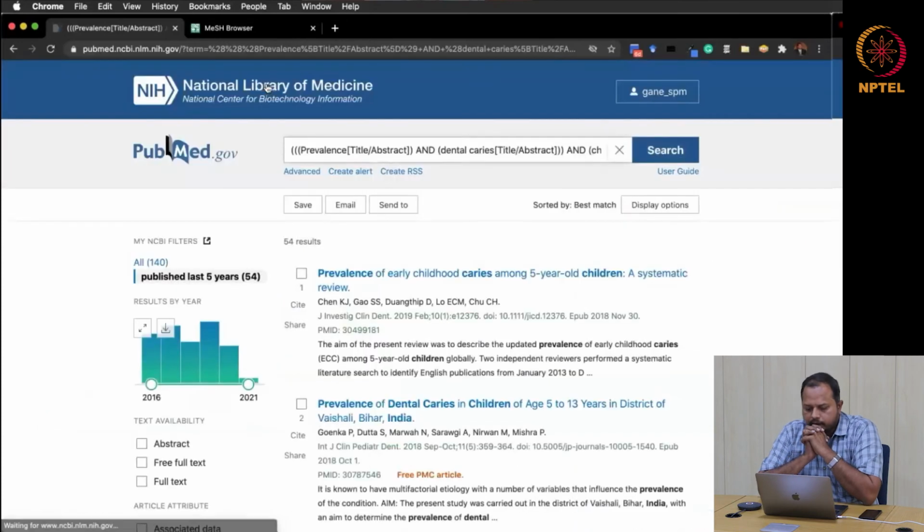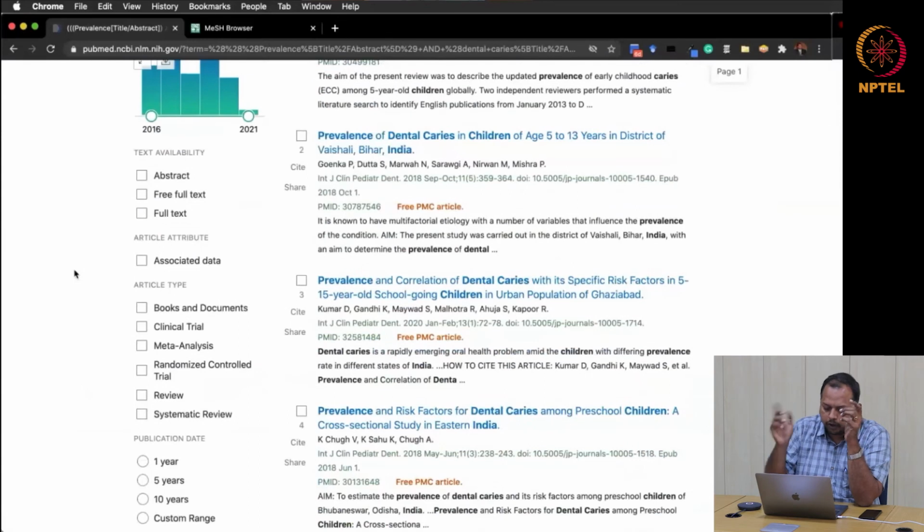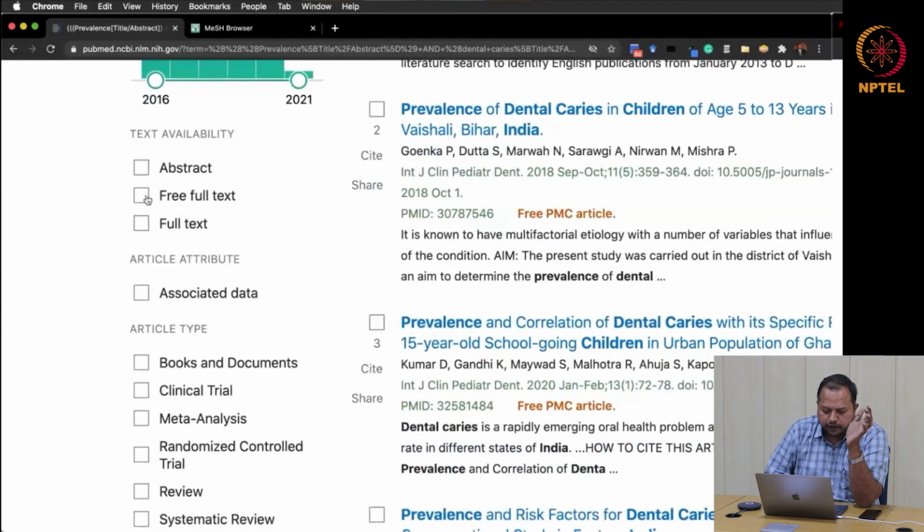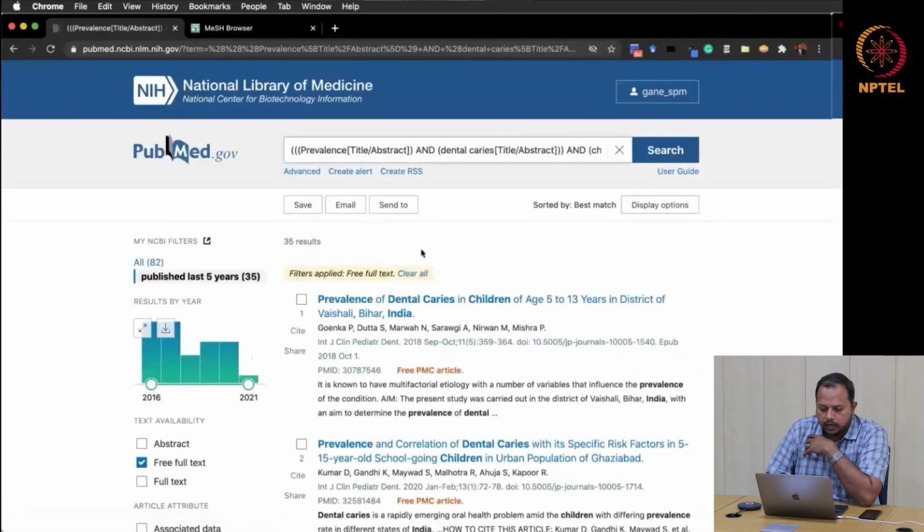Okay, fine. I have 54 articles, which is pretty easy to understand, and pretty easy to even screen out, to see whether this abstract is fine and whether I can include it or not. But if you don't want systematic reviews, you can even put NOT systematic reviews in that also. But if you want only systematic reviews, then you can go to systematic reviews only. And if you want only free full text, whichever is available, you can go for free full text. If you click this particular button, it will take you to the page. Out of the 54, 35 articles are freely available in PubMed. Okay. For the past 5 years, of the 54 articles, 35 articles are freely available.